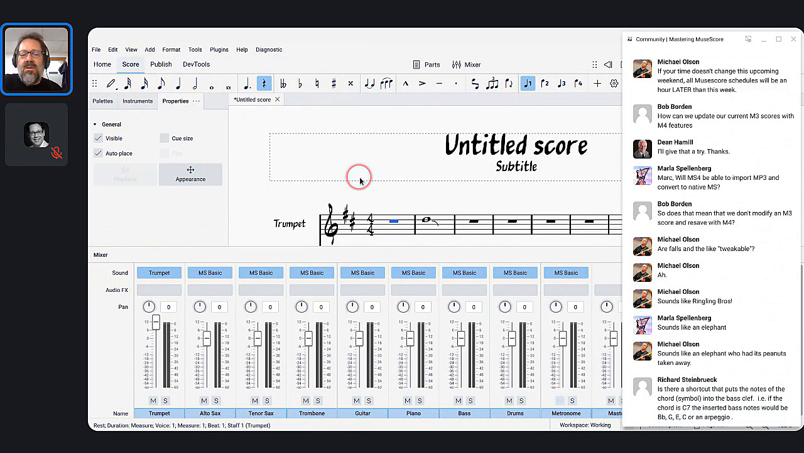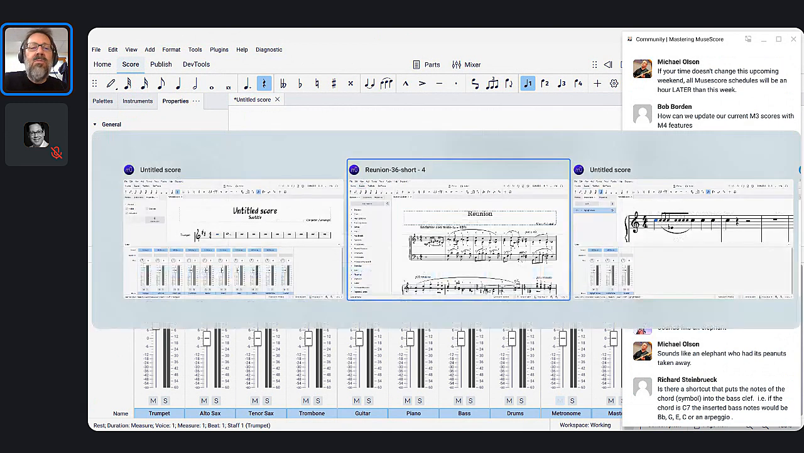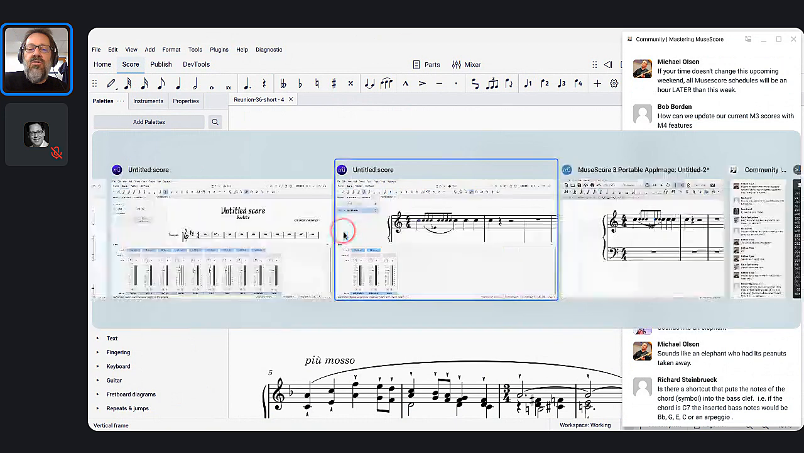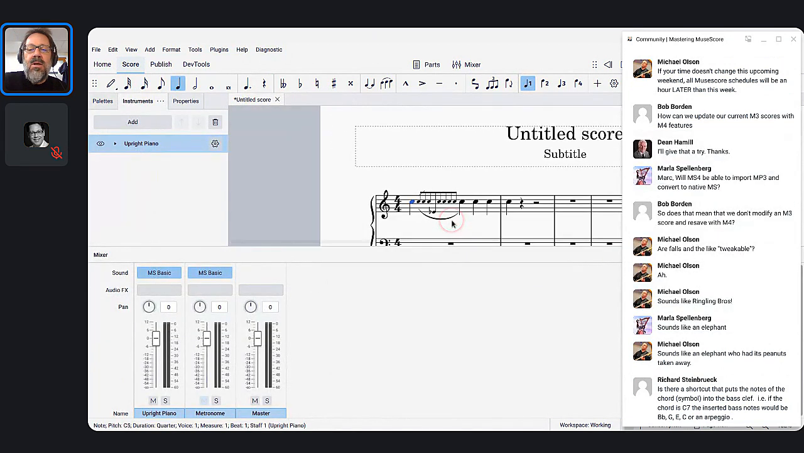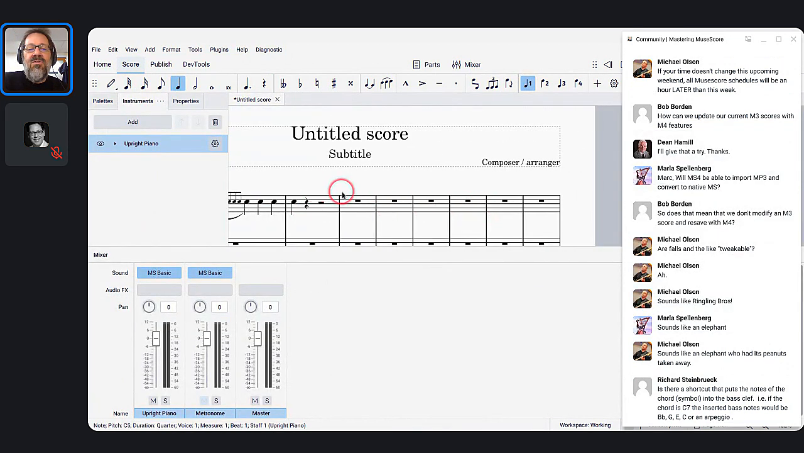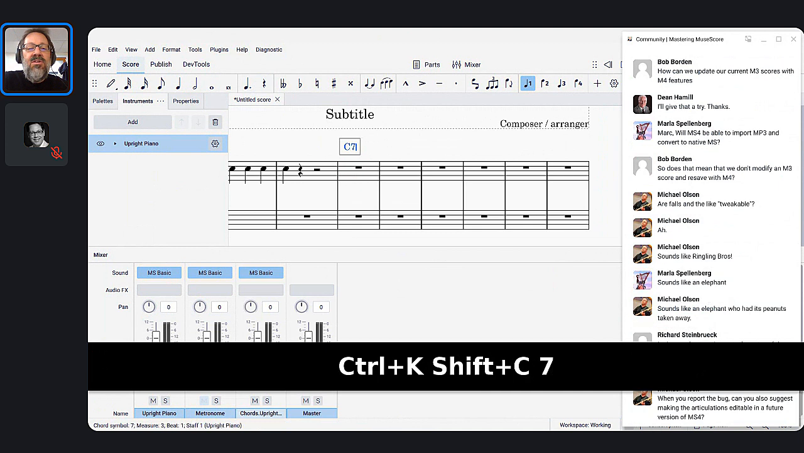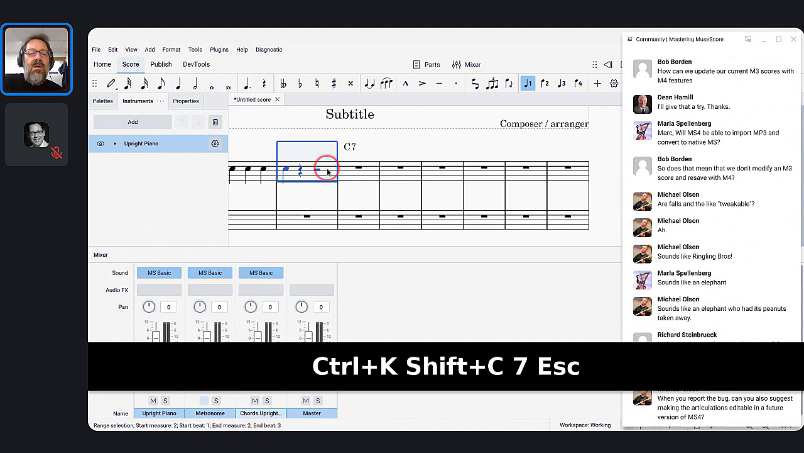Yeah, actually there is. I haven't actually played with this in MuseScore 4, but I assume it works. But let's do this in MuseScore 3. It's not going to know which clef you want to do things in automatically, but I'm going to add my chord symbol here with Control K, and I'll say C7. And when I play this,